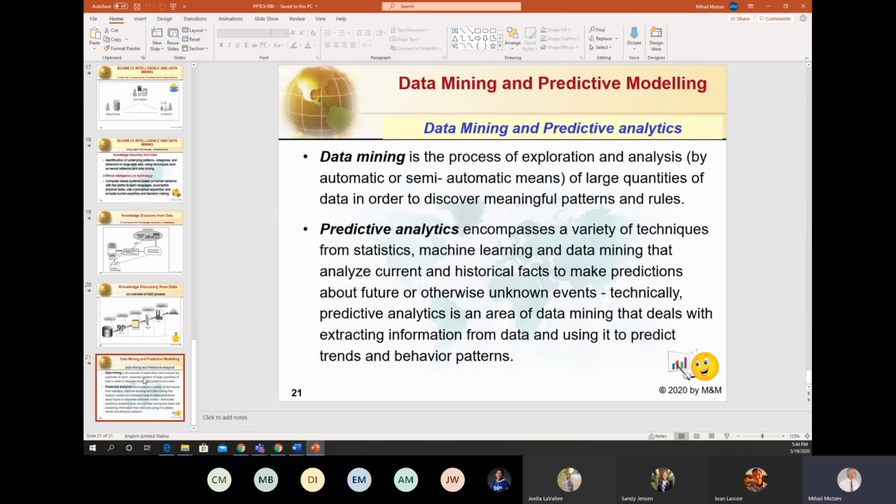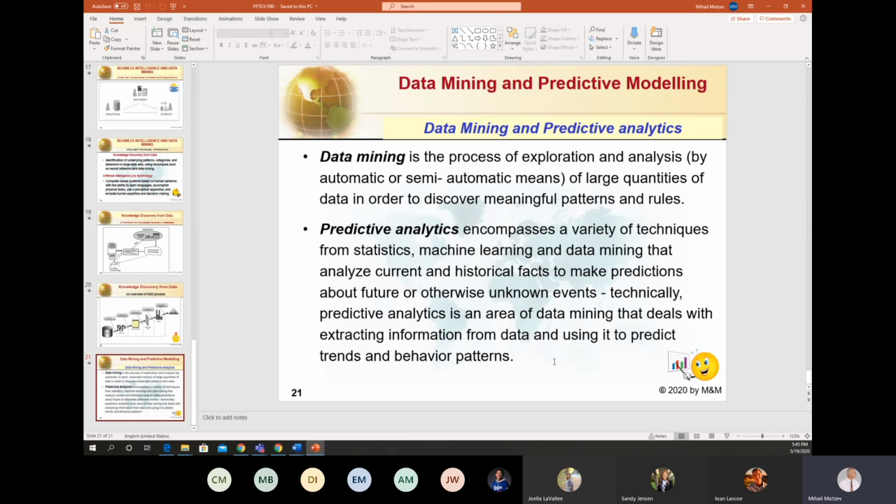And in the next chapter, in more detail, we'll explore data mining and how to use data mining techniques in predictive analytics. I'll stop my presentation here, and we'll continue next week with chapter 11, when we'll explore in detail data mining and predictive analytics.